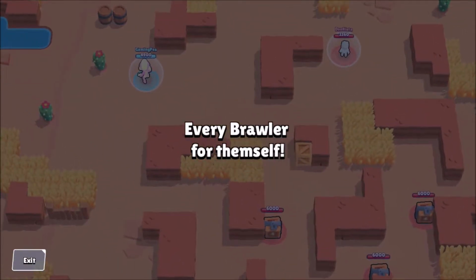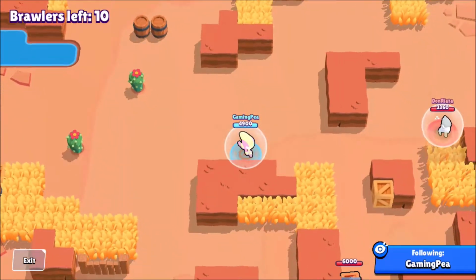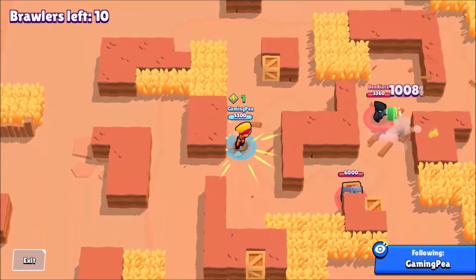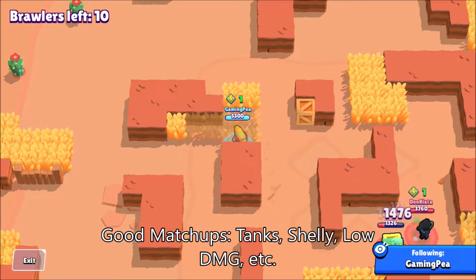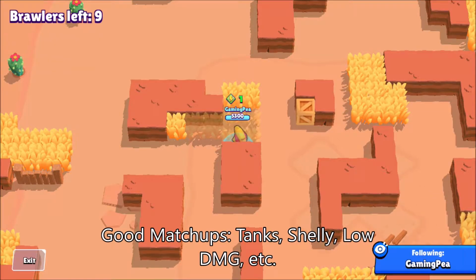Okay, as we get into this final match, where I push to 1k, I would just like to go over some matchups, just so you can be aware of brawlers that it's okay to go against and brawlers that you kind of want to avoid. Brawlers that are good for Max to go against would be Shelly and tanks, and the reason why is because